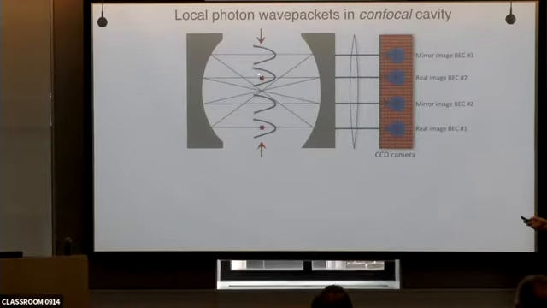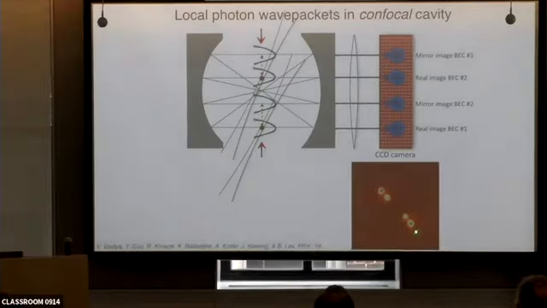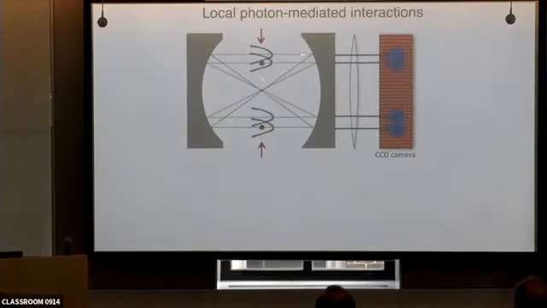But this wave packet from this atom actually is over here. The atoms aren't, but the photons are over there. So if you pick up this atom, pick up that atom, and slide them back and forth, then you can actually overlap these photons with those photons and mediate interactions. Okay? So here's a movie of us doing that. So over here, only one of these is actually the real image. The other one is the mirror image from the other BEC. So that's a neat trick that we're going to exploit in order to measure the photon-mediated interactions without having to worry about atom-atom collisions. So if we actually put 2 red dots here, the atoms would physically collide and that would obscure the result.